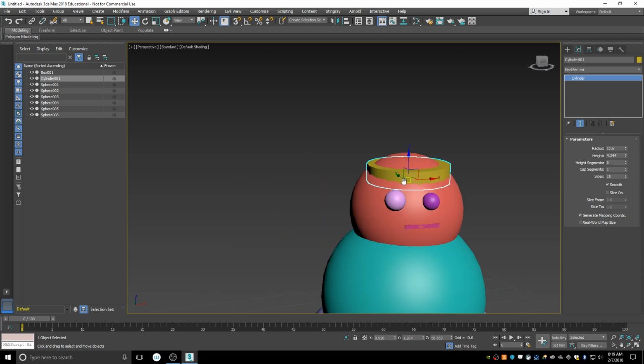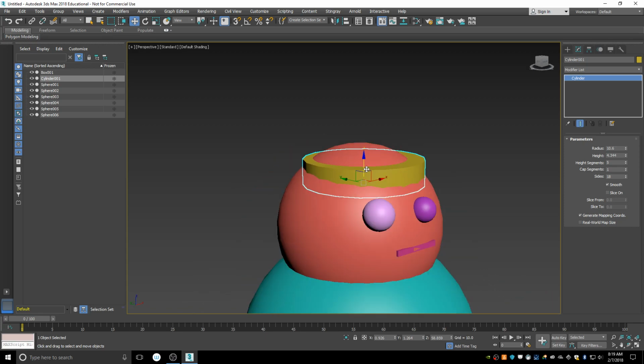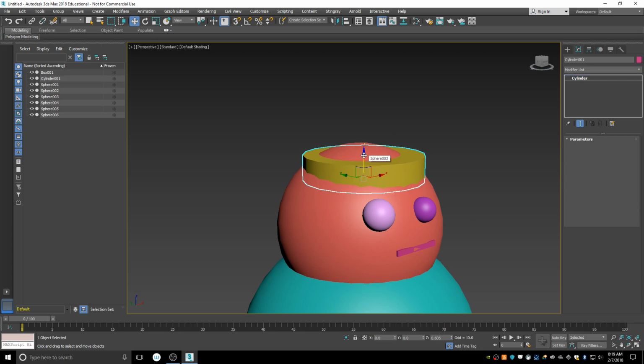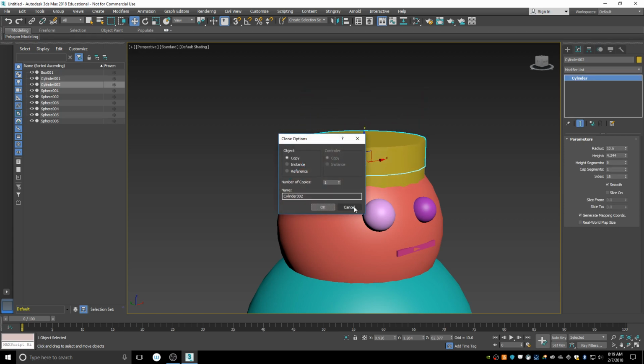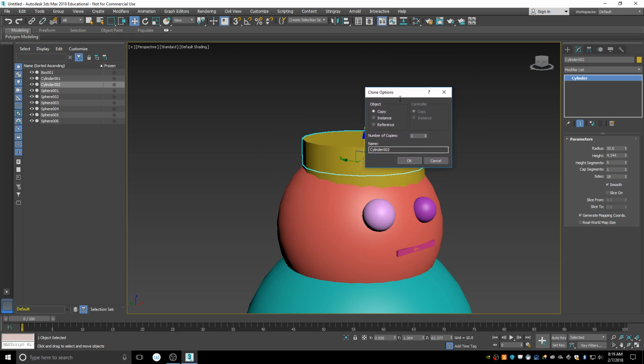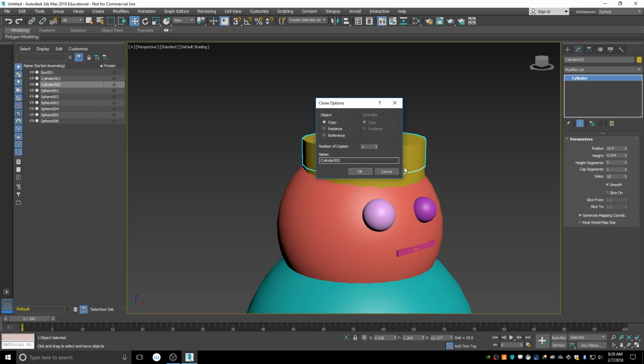And now if I go to this hat, if I hold down shift and drag up, I'll make a copy. So that's a quick way of getting copies. Once you release though, you'll get this dialog box. Now this dialog box means, do you want to make it a straight copy? Do you want to make it an instance, so anytime you make a change to this, it'll affect the original? Or do you want it to be a reference, which means that it's only going to take reference of the original shape, meaning that you can't really alter it. So if I go to copy, which is what I want,